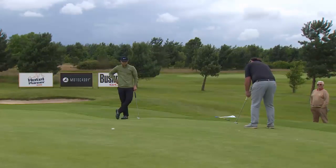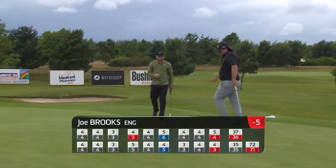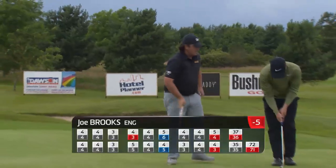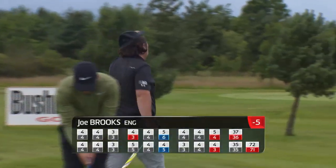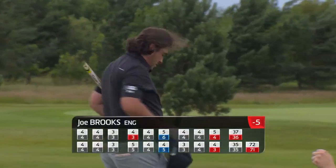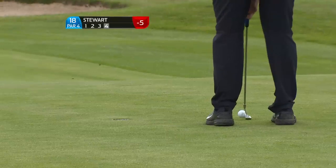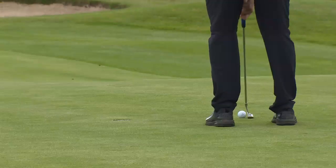Oh, and Brooks finishes off lovely. That's always a nice one. That makes your lunch, your dinner, your journey home all nice. 3 birdies, 2 bogeys, and that's a 1 under par round of golf on the final day. Good performance. Now Stewart,